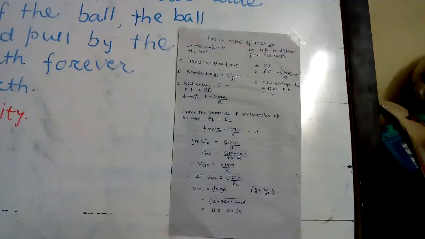Here, weightlessness in space. Space travelers as well as objects in the spacecraft appear to be floating. Why does this happen? Though the spacecraft is at a height from the surface of the Earth, the value of g there is not 0. In the space station, the value of g is only 11% less than its value on the surface of the Earth. Thus, the height of a spacecraft is not the reason for their weightlessness.